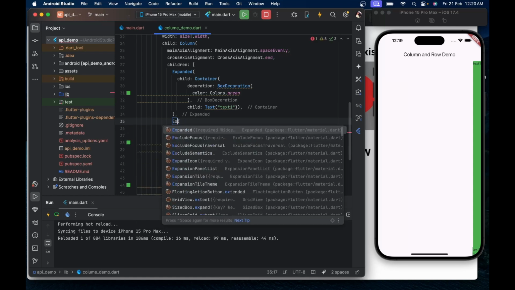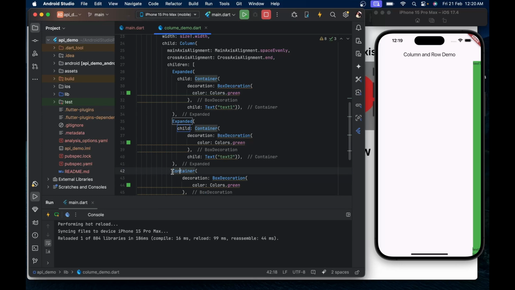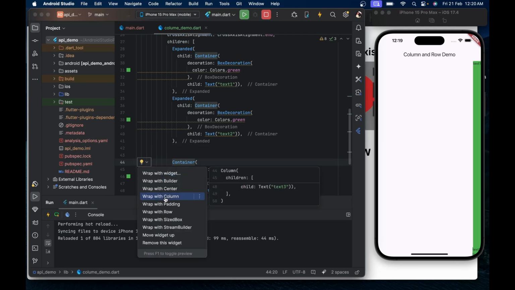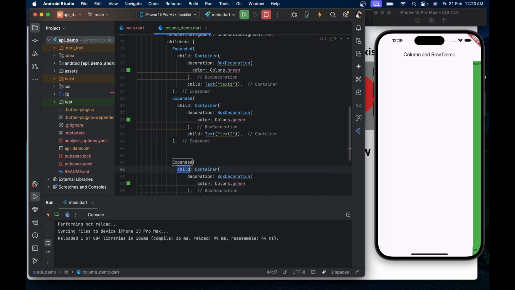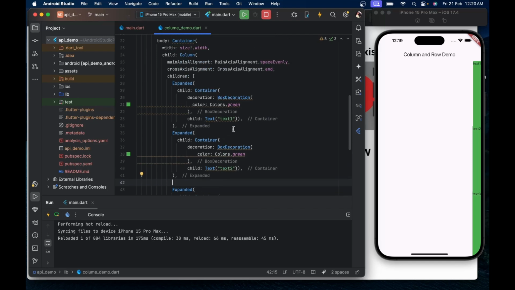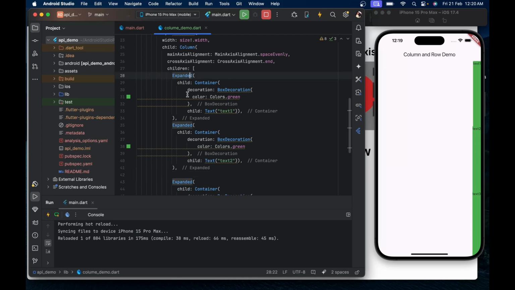We can apply Expanded to each child of the column. I will achieve it like this, wrap with the Expanded widget. Now every child occupies equal space like this. The space available in the column is occupied equally by its children. There is no space between the children. So it should be considered that when we use Expanded,